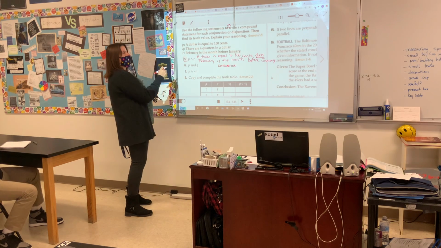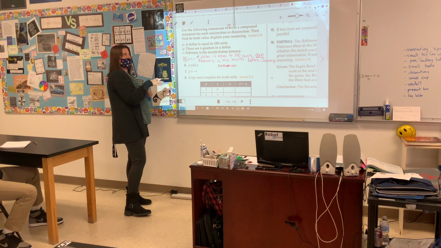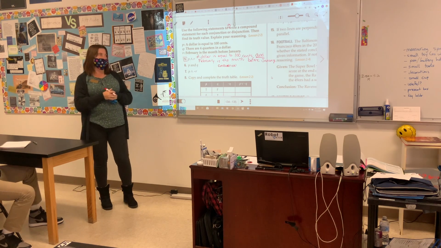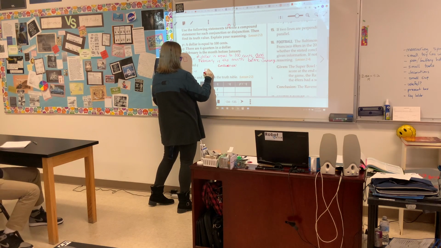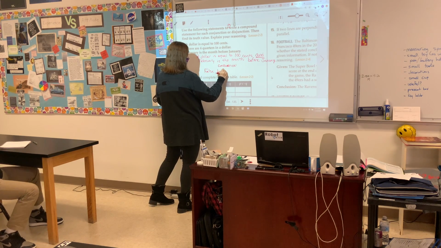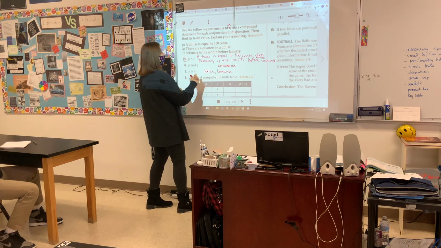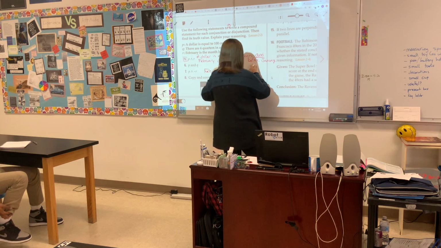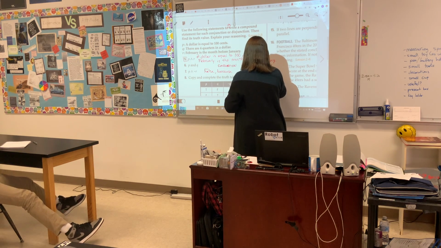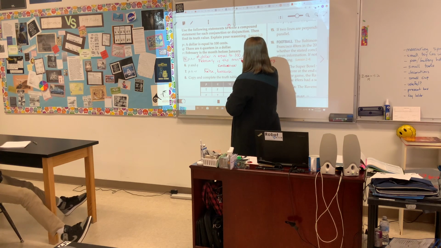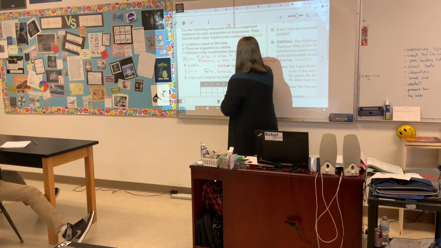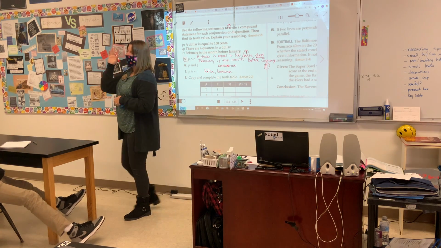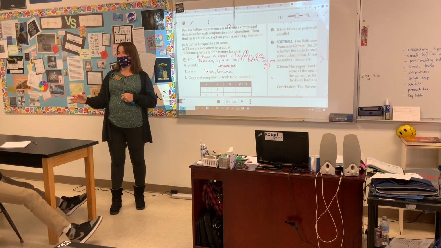Now I need to figure out the truth value and explain the reasoning. So overall, is this true or false? I'm hearing false. Because R is not true at all. Okay, so R, this February is the month before January, we know that one to be false. $1 is equal to 100 cents, well, we know that to be true. So why is it false? Because they both need to be true. For an and, I need both parts to be true.